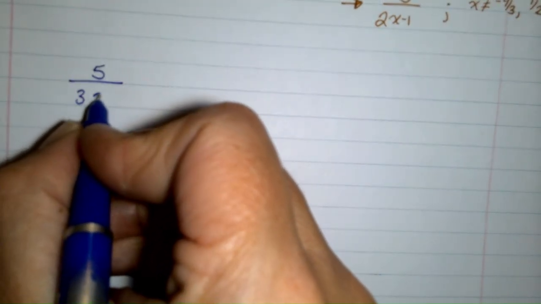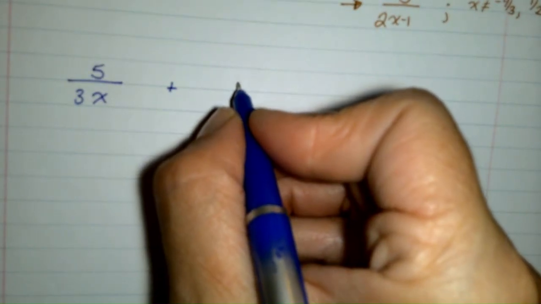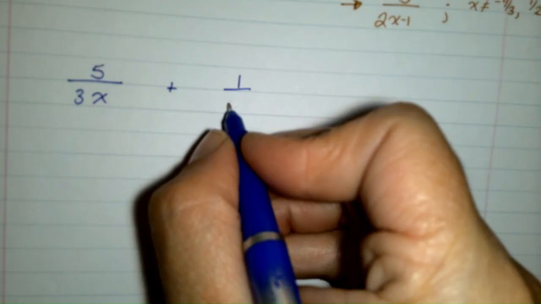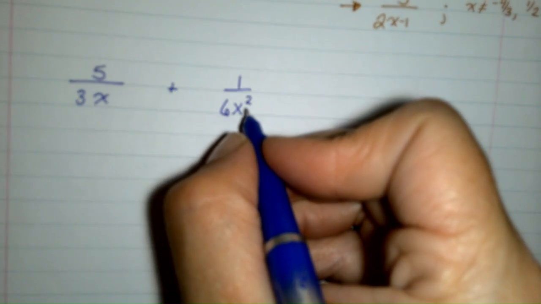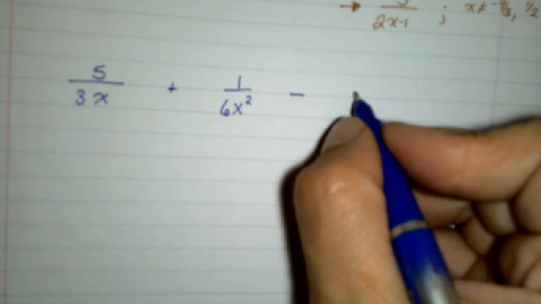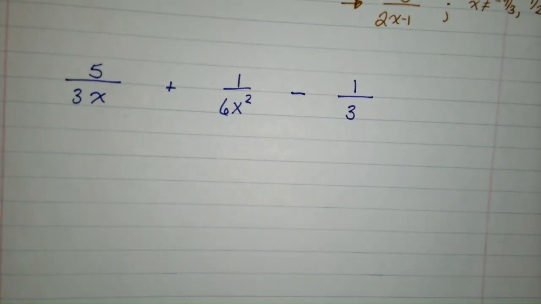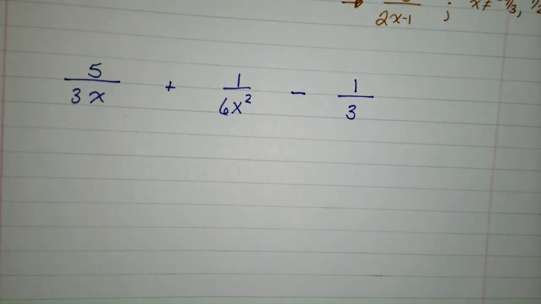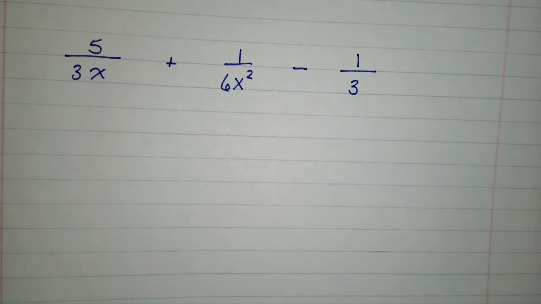Five over 3x plus 1 over 6x squared minus 1 over 3. Okay, so I find that students on this one end up doing too much for their common denominator. And this one has 3 parts, so you may not want to do a Venn diagram. So